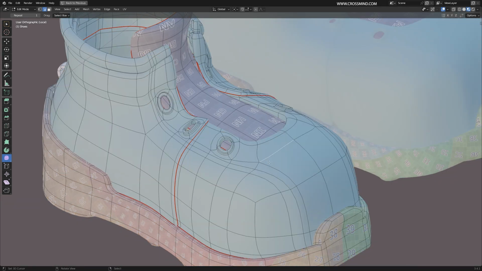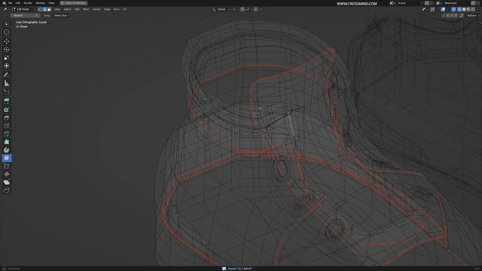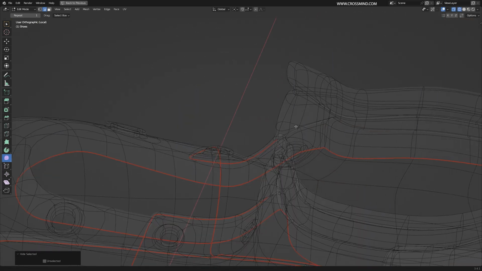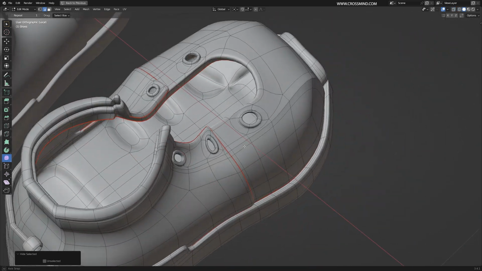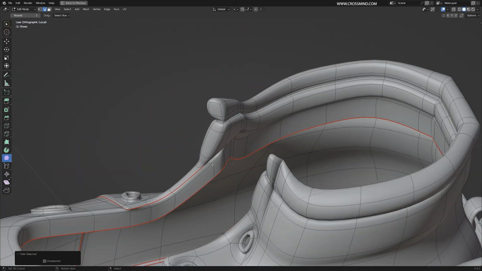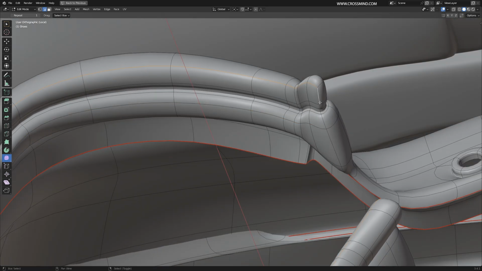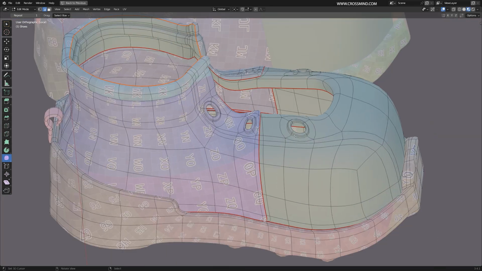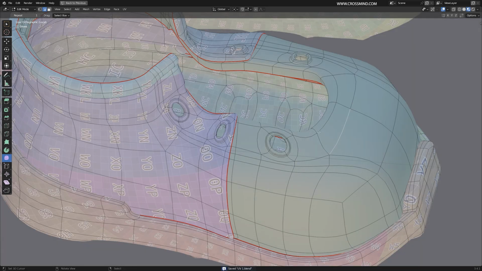And so this guy right here seems to have some problem in UVs. So I think it could be, let's hide this guy so that we can see what's going on here. So the borders are running from here. I'm just looking for edges which separate out the inner lining of the shoe from the outer leather part. So I think these edges should be what separate out the outer and inner part. We just need to unfold this one.